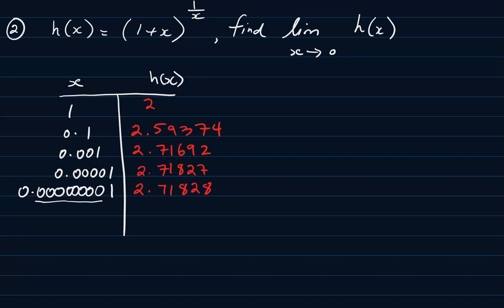It starts with 2 and then goes as high as 2.71828, and you can keep decreasing the value even closer to 0. So I stopped at 0.0000001, but you can add another 2-3 zeros, and you're still going to get very close to 2.71828, and that would be the limit of this function basically. And the interesting fact about this is that the limit of h of x as x approaches 0 turns out to be this number